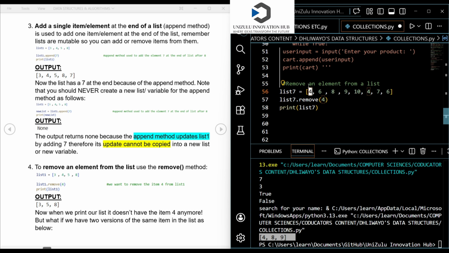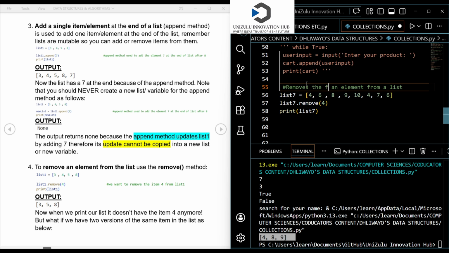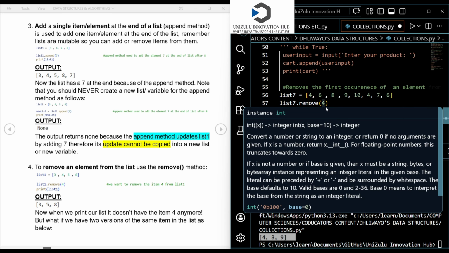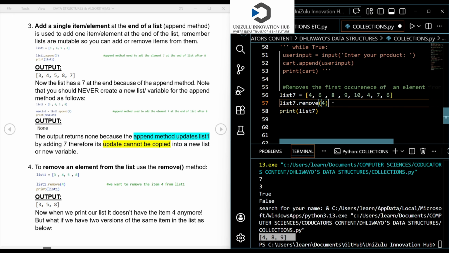So basically the remove method removes the first occurrence of an element from a list. If I use the remove method, it's going to remove the first occurrence of a certain item in a list.